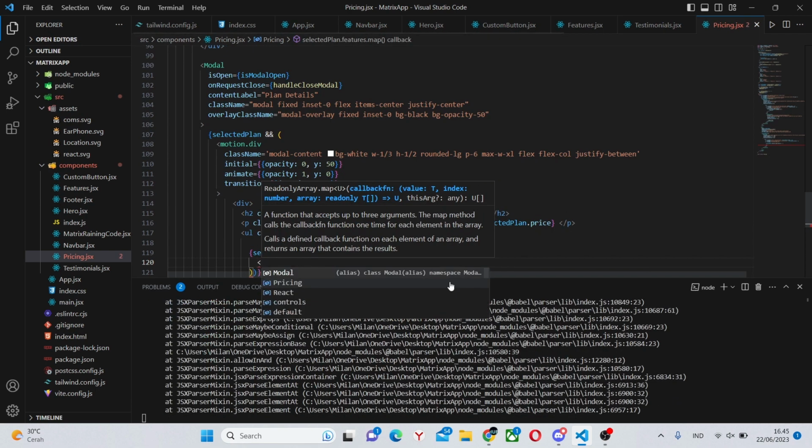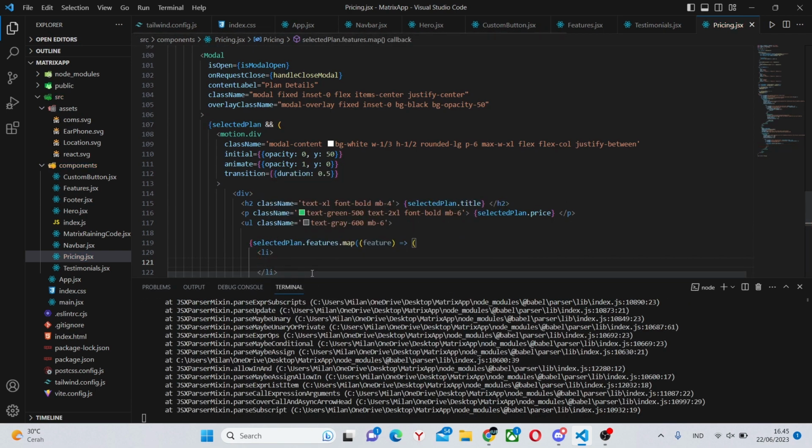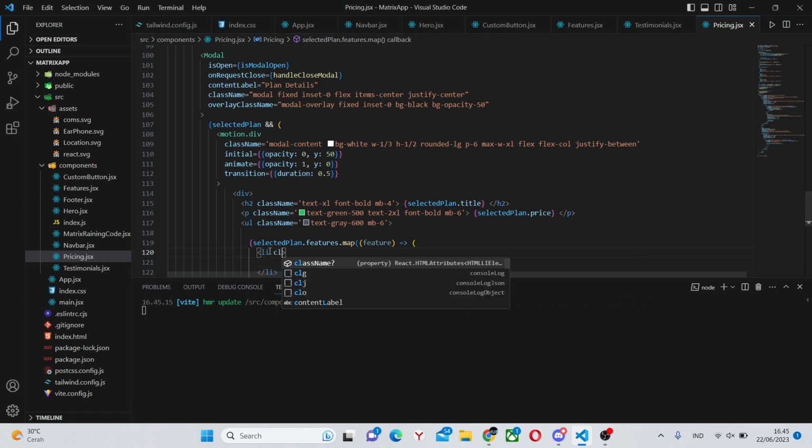In this one, we're going to have an li with a className of margin bottom -2. It should have a key of feature, and inside of it, it's going to have the feature.